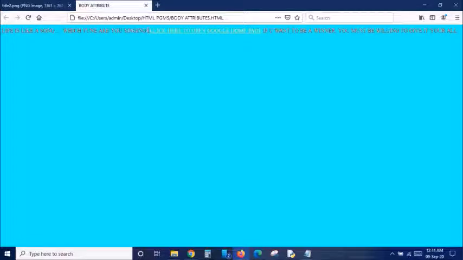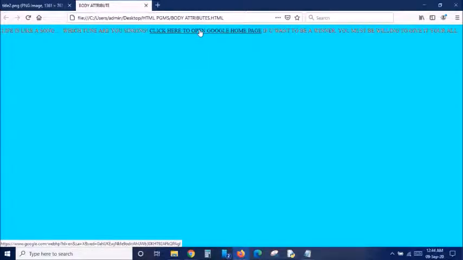See, I just gave it in between, right? So it is coming over here in the khaki color which we have given. Now I'm going to click on it. This is what is called the link. I'm just clicking on it. Now the color is changing into black. This is called active link. I'm not releasing the mouse button. I'm just keeping the mouse button pressed.